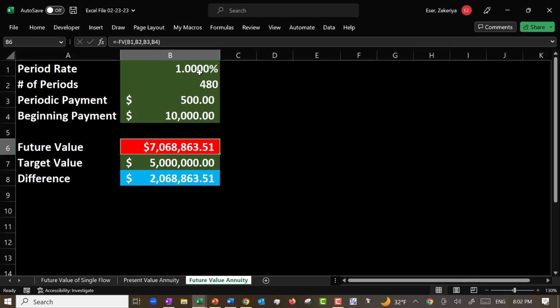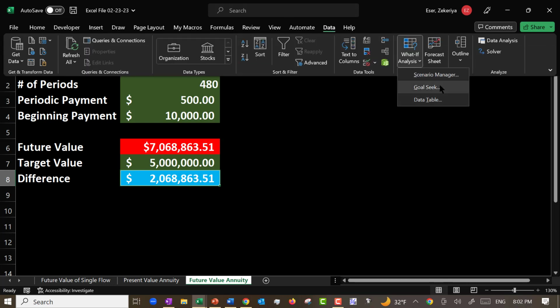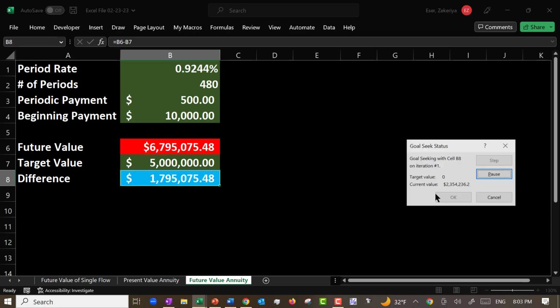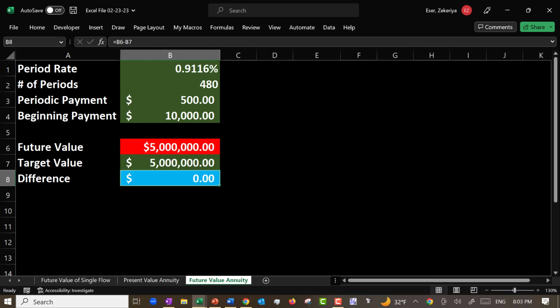So what is the rate that I need to earn to reach my target? It's not very different. Data, what-if analysis, goal seek: make my difference zero by changing the thing that I don't know. Well, it turns out 0.91 is good enough. I mean, that's roughly times 12, 11% a year. A little bit bigger than small cap will do it for you. Yeah, if all you want is 3 million,